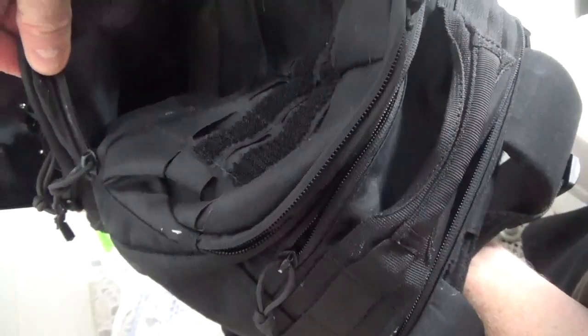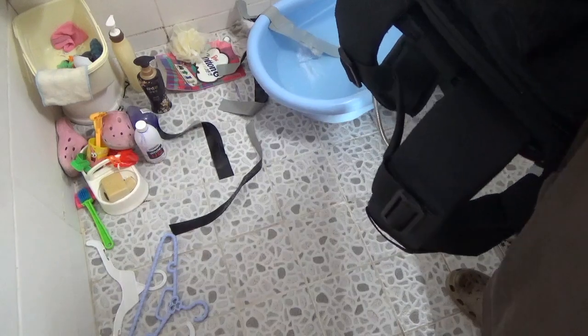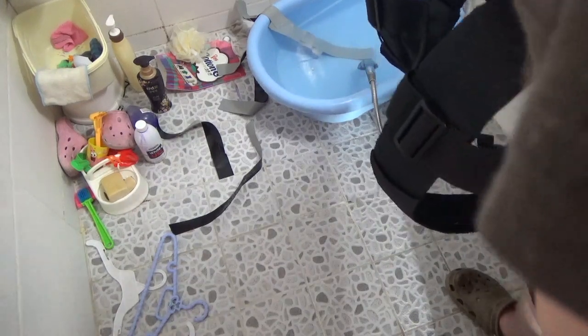But it looks dark in there. Dark as in it's got water in there. And it is pretty damp in here, but I don't see any water puddles. Let me see if I can, again, try to get that for you, the viewer. Hopefully you can see this on your computer screen or something, but I don't see any water puddles or